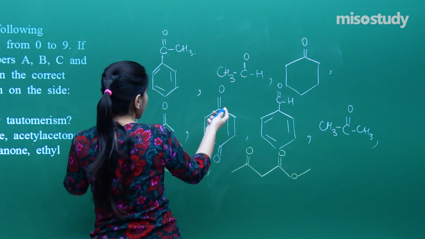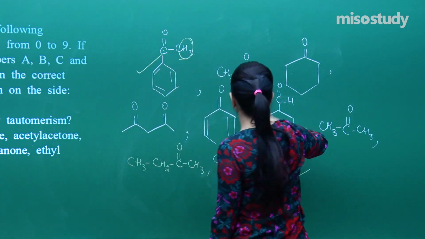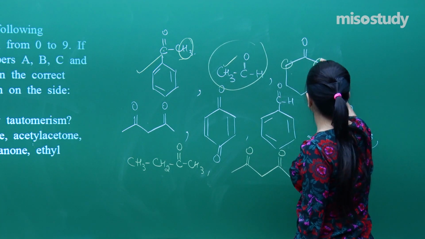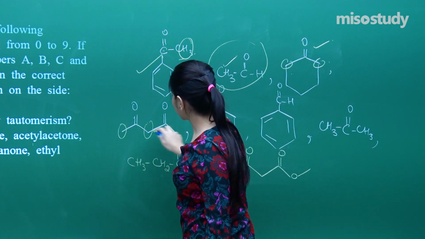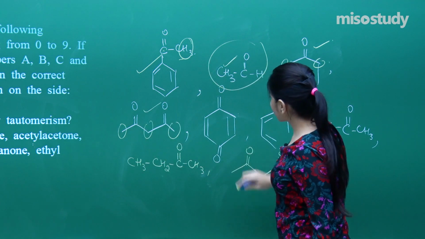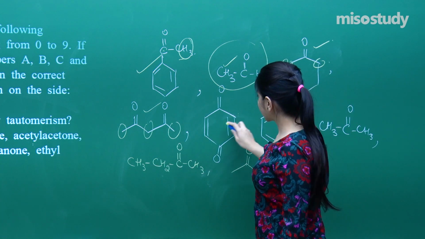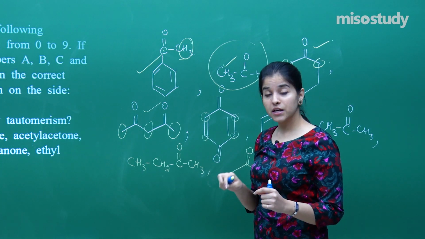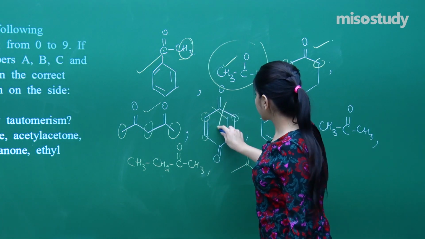So here, do I have alpha hydrogens? Yes, I have got 3. So this will show tautomerism. Here as well I have got 3, this will show tautomerism. Here I have got 4, this will show tautomerism. If you see over here, again acetylacetone always gives tautomerism. If you see over here, just be very careful. Benzoquinone we have just discussed, this very compound is having alpha hydrogens, yes, but what is the thing over here? The carbon is attached with a double bond. That means it will not undergo tautomerism.